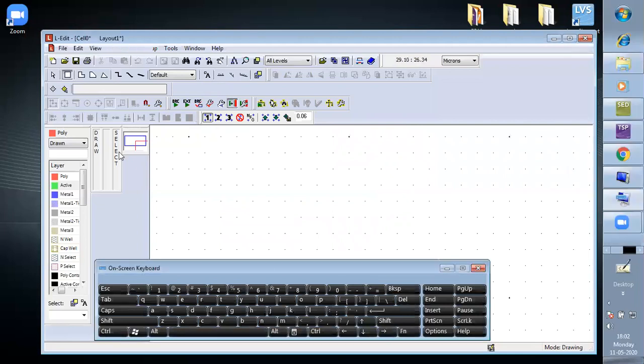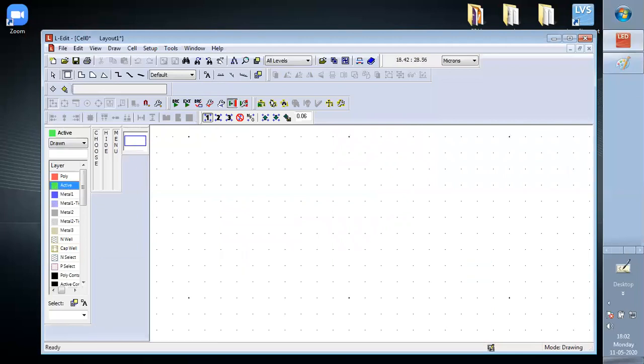Now see, if I draw a layer of one box, how much distance is written? 1.020 and 0.979. So W is 0.96 and H is 1.0. So it is not drawing 1 by 1 lambda. And you can see here it is also not from this point to this point. It is randomly created. So to avoid this, we do these settings.